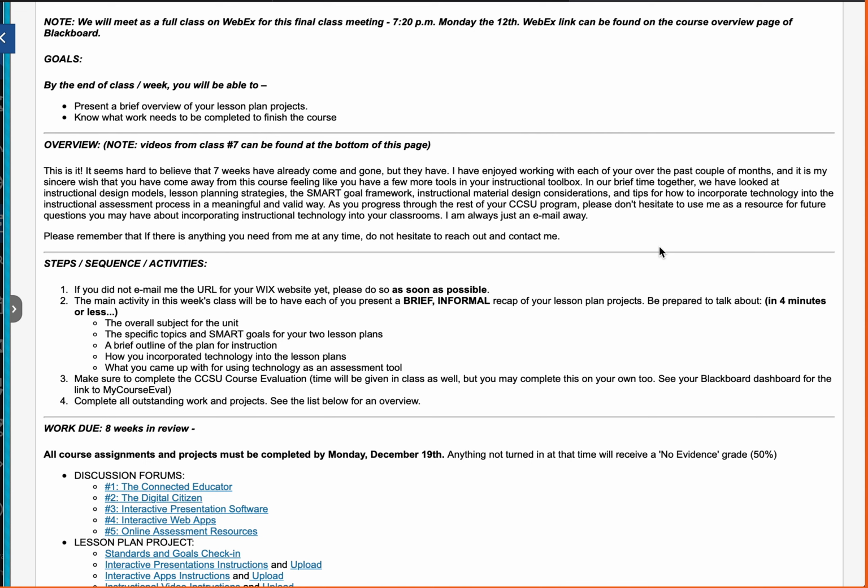One of the things, of course, about being in a class like this that's largely asynchronous is that we don't ever really get a chance to chat as a group and see what's been going on elsewhere in the class. So I just think it's a nice way to put a cap on it and give everybody a chance to share a little bit about their projects.